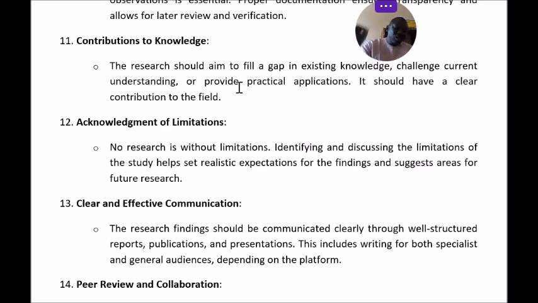If you are trying to solve a problem, don't create another problem that is bigger than the problem you are solving. You understand? So that is practicability. It should have a clear contribution to the field. And that is why we're having this webinar. We said, okay, let's come together and meet. In Nigeria, fuel is expensive. You will not be traveling, spending like 2,000 naira. All the data you use for this webinar cannot be more than 200 or 300 naira. And then everybody that presented will have benefited. So the same way in your research, it must be in a way that it will be the cheapest so that people